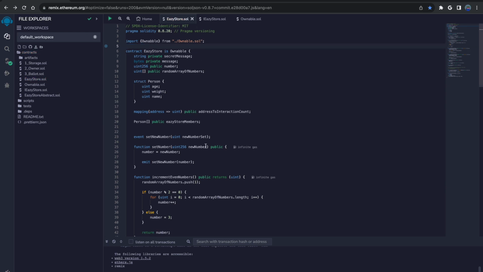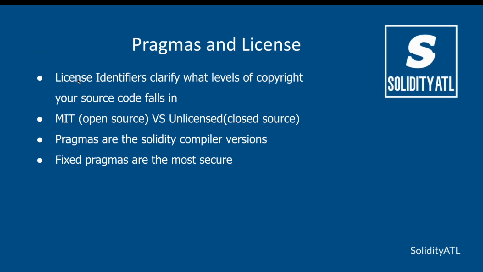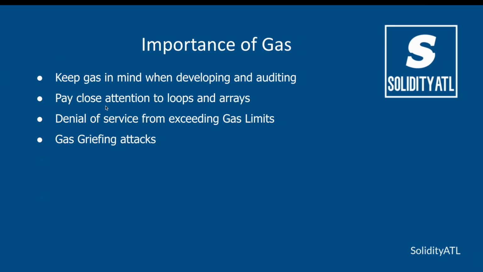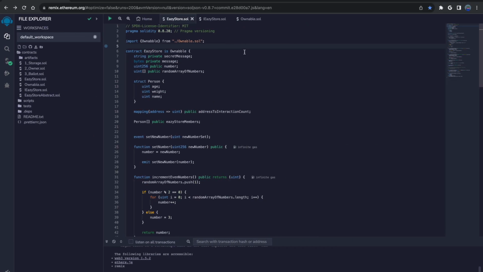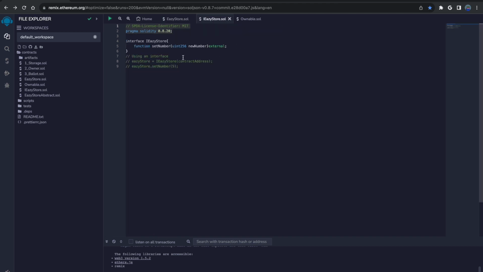All right, and last is interfaces. So an interface is essentially just a way for developers to create chunks of code that allows it to be reusable. What I mean by that is if I want a smart contract to call another contract, I may use an interface instead of actually pointing my contract to another contract. That may sound a little confusing, but let's look at a quick interface we created for just this challenge.